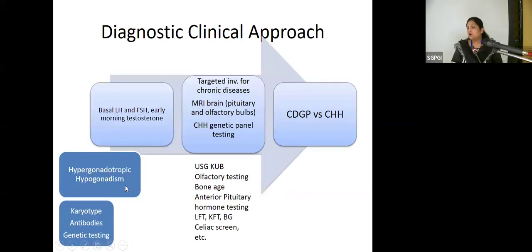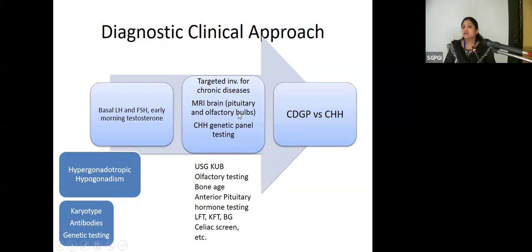So, how to proceed? If we have taken a good history and examination, then we have to do basal LH and FSH along with early morning testosterone levels. If the basal LH and FSH are high, it tells us that we are dealing with hypergonadotropic hypogonadism. And then the further testing to see what is the cause has to follow. But if our history and physical